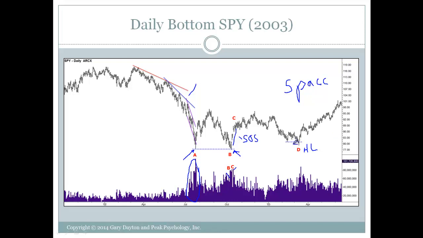And notice that it comes back into this area here, this buying area, where they were buying. That was heavy buying going on. It comes back down, dips into that area, and we spring, and then we get, you can see the volume coming in, a sign of strength here off of the